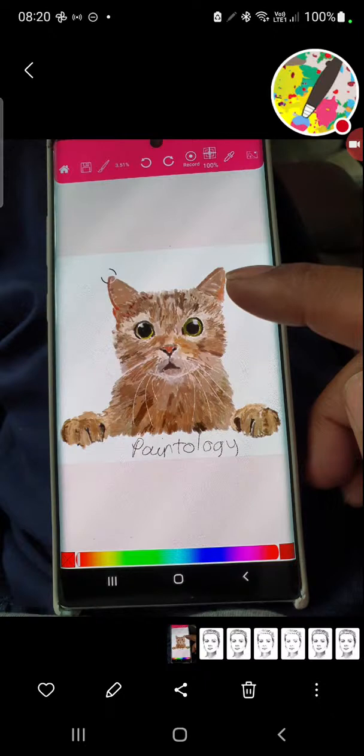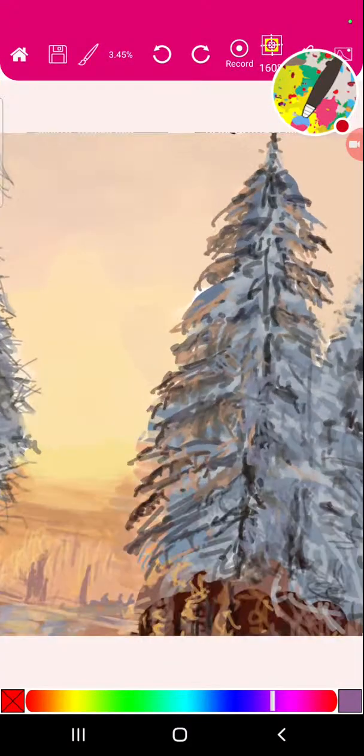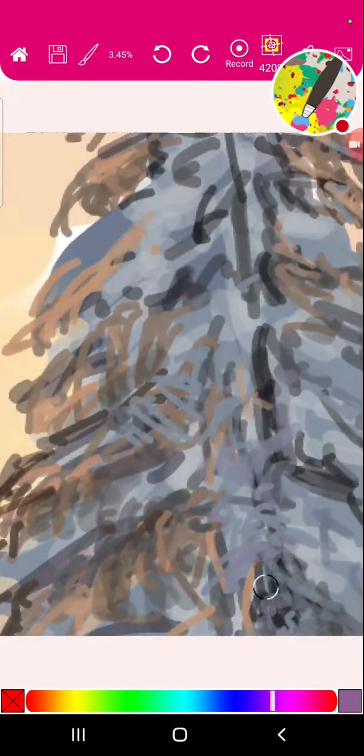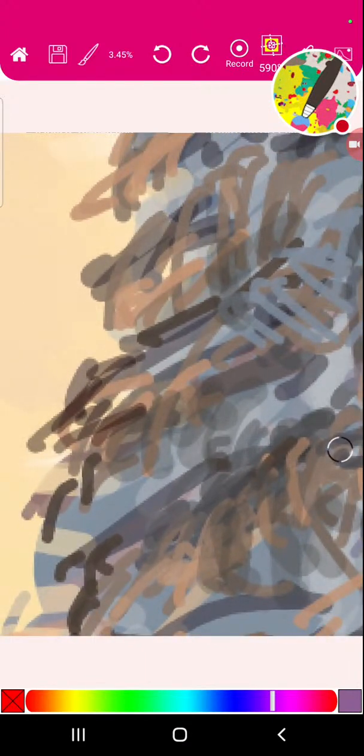The reason why I can draw with such detail is because of this zoom feature. Look at this. Look how far I can zoom in, you know? This is exactly like when you go to an art museum. Next time, take a good close-up of a big canvas painting by anyone famous,